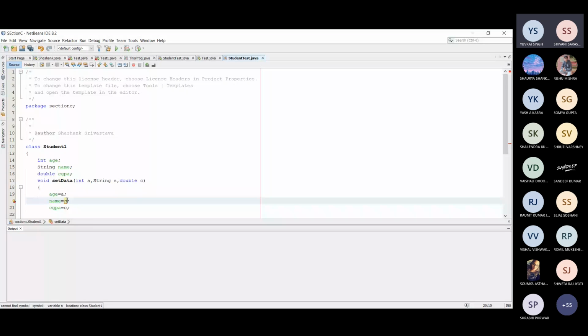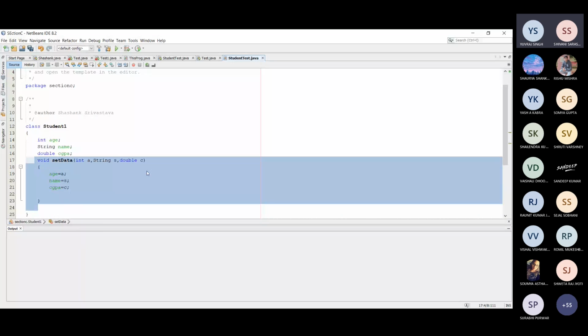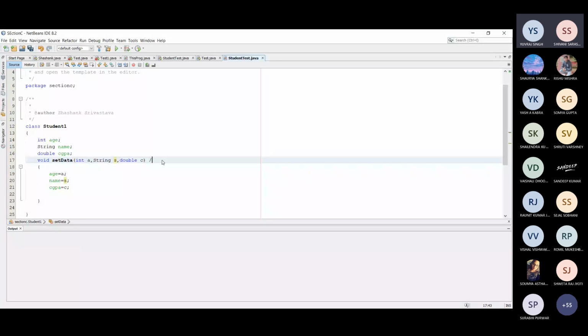So this is called the setter or mutator method. We can call this a setter or mutator method. Mutator means जो change करने के लिए है, values को change ही कर रहा है, because initially all the values are initialized with default value, and after calling this setData method, the values are changed to the values given by the programmer as setData parameters. So actually this is a mutator method. So this is one way of initialization of an object.